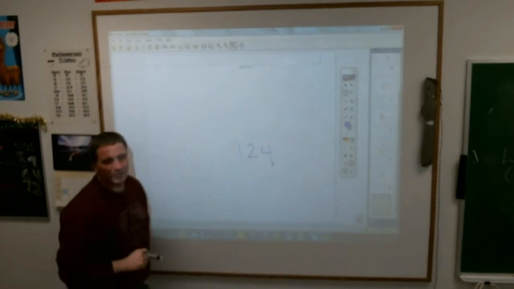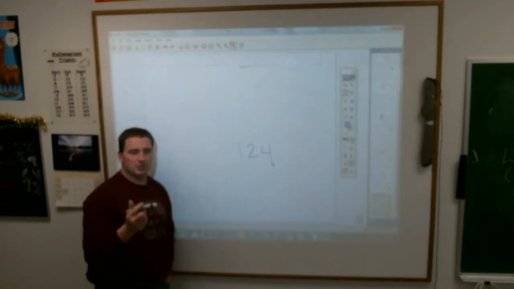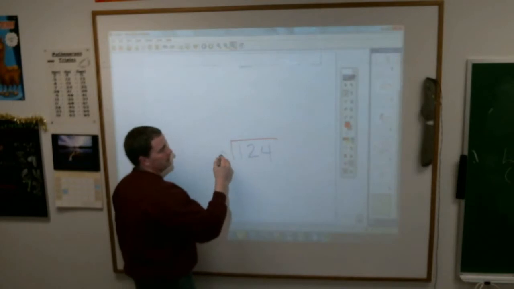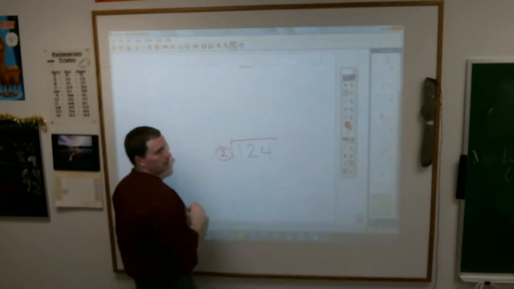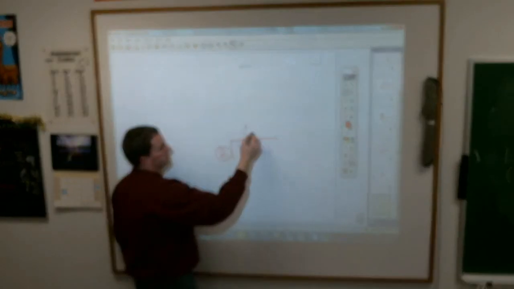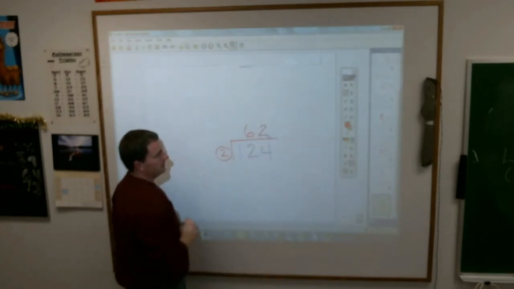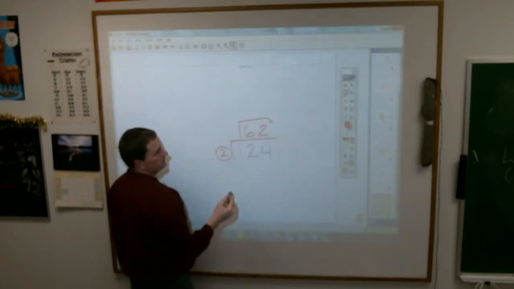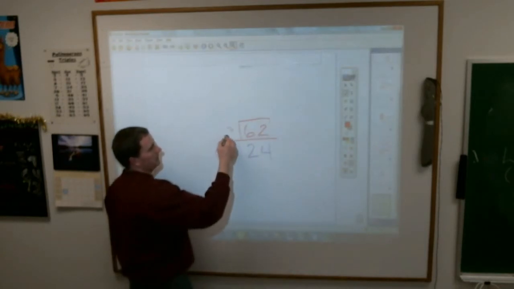Okay, because you might not know what times what gives you 124, but you know it's an even number, so you can divide it by 2. What's half of 124, anybody? Yes, 62, whoever said it but didn't want to say it out loud. Still an even number, so you can divide it by 2 and get